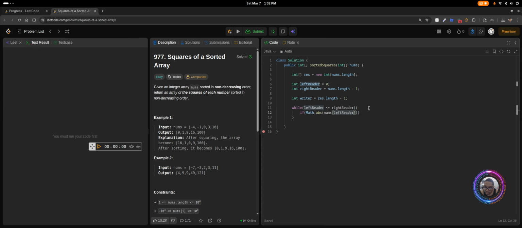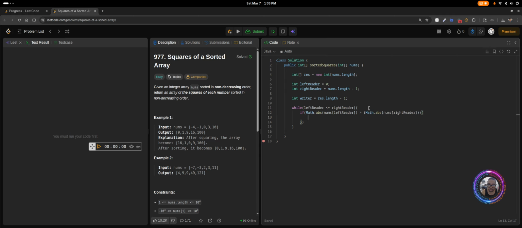If Math.abs of nums at the left reader is greater than Math.abs of nums at the right reader, so we're looking at both ends. If the left is greater than the right one, then